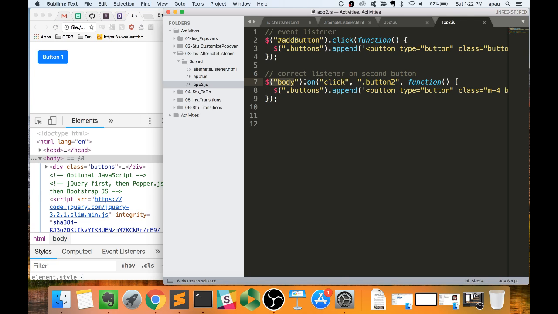Okay, cool. So what we're saying here is for the body tag, you're going to notice that we're not using a pound sign. We're not using a dot. We're saying for the entire body tag. That's what this denotes. On a click event, we're going to attach to all the buttons with the button class 2. We're going to execute this function which says we're going to